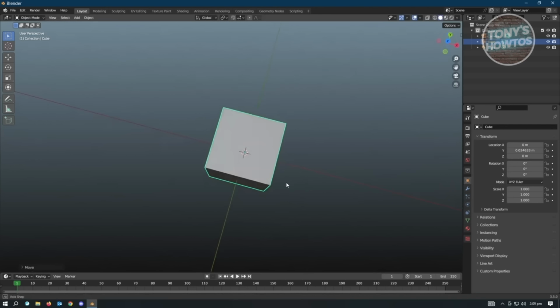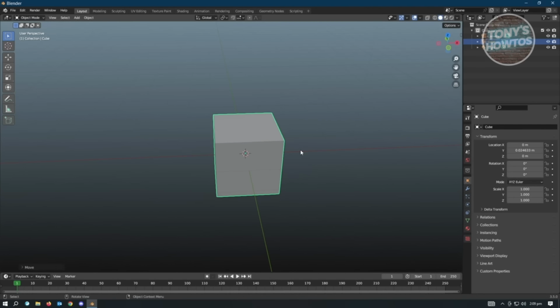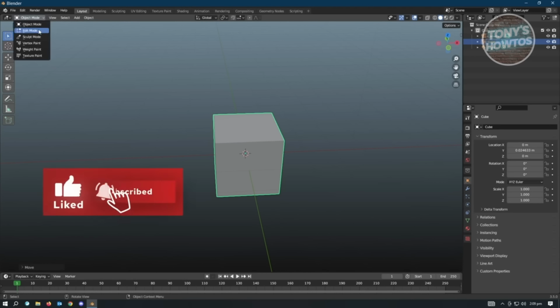Now, since we already know how to move our object, the next thing we want to do is start editing our object. So let's switch over to edit mode. Let's go to edit mode,